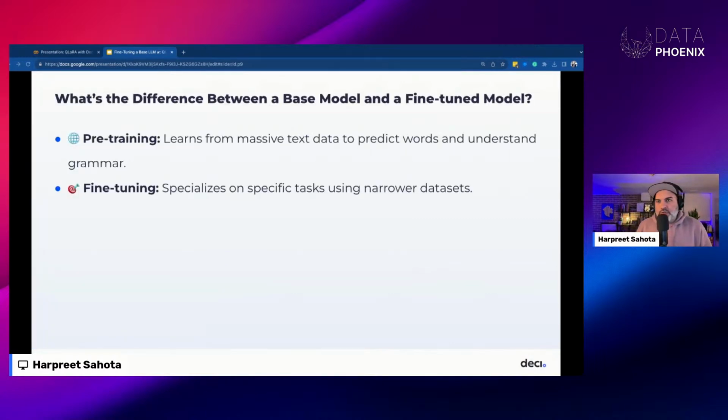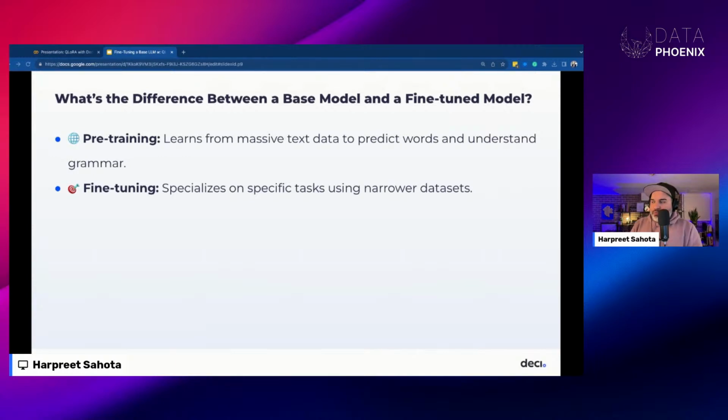First things first, the difference between a base model and an instruction-tuned model, right? But even before that, what the heck is pre-training? What is fine-tuning? Pre-training just involves exposing a model architecture to obscenely large volumes of text data: books, articles, web pages, et cetera. During this process, the model is learning to predict the next word in a sequence, and it's also learning connections and patterns between words, concepts, and ideas from language. The more tokens the model sees during training, the better it's going to become at generating new content. Essentially, it's like teaching the model the basic rules and nuances of a language and giving it an internal world model of human language.